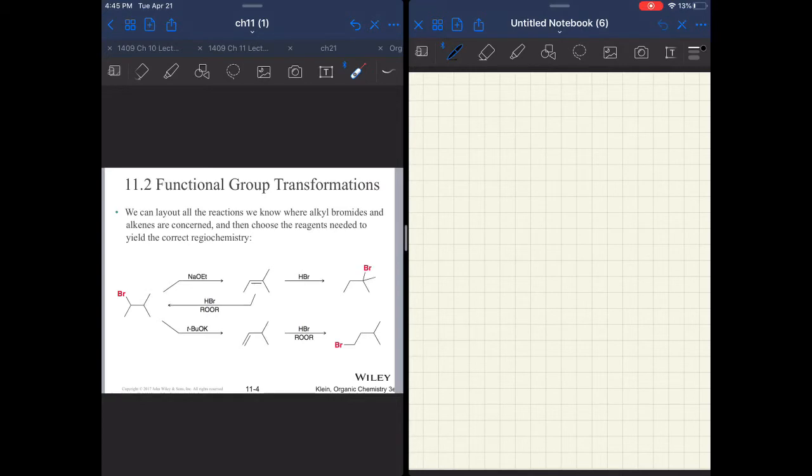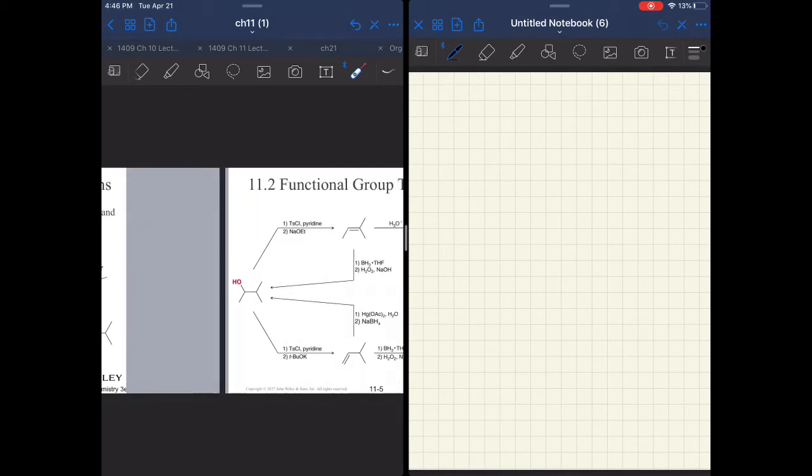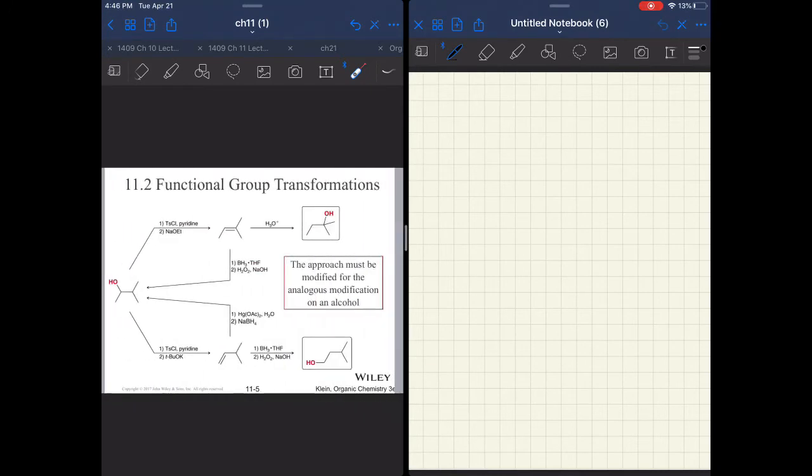possibilities, right? Klein gives you a lot of really useful summary slides that can be really helpful when you're getting started on synthesis. If you look and kind of think of them as flow charts, right? You have all of these different reactions that you've learned, and if you want to get from one point to another, it's a roadmap. If you're moving around an alcohol, it's the same thing as moving around a bromine. You need to eliminate and then